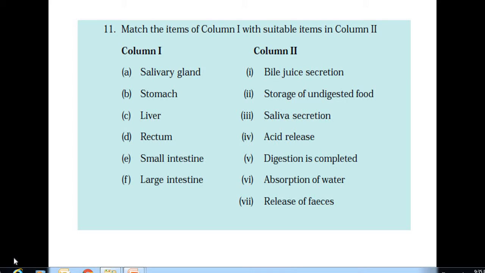Small intestine, digestion is completed. Digestion is completed in the small intestine. Large intestine. In the large intestine, absorption of water takes place.